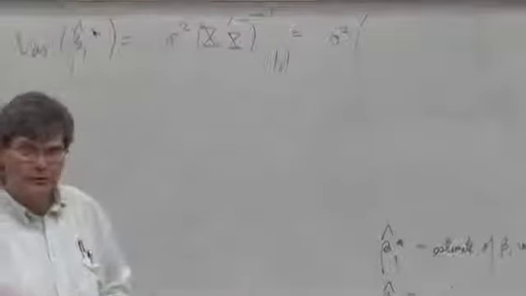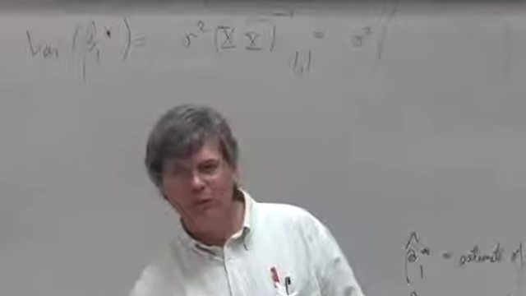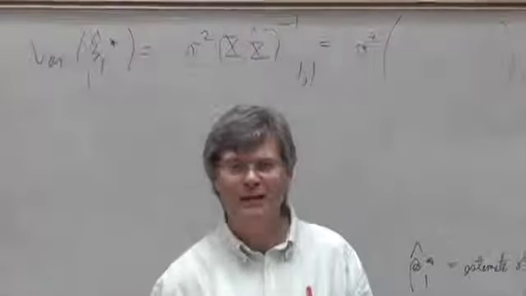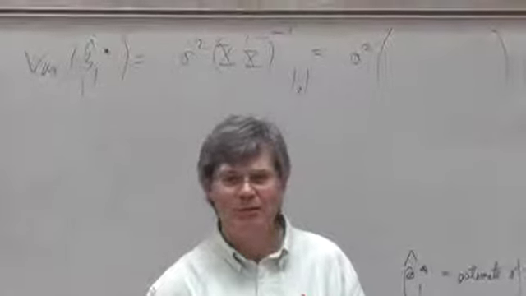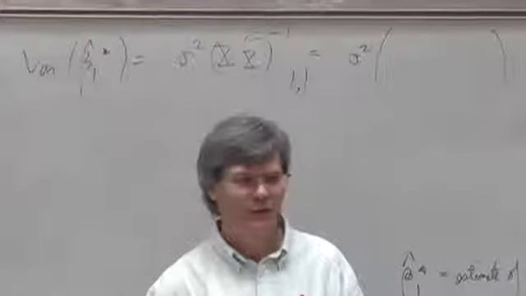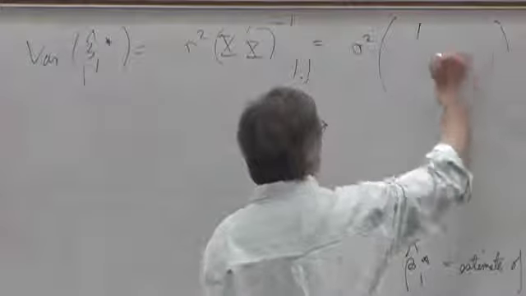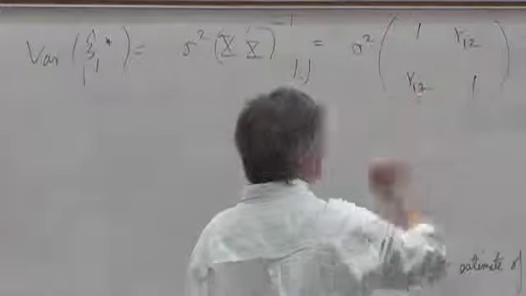What's the covariance matrix? I mean, what's the X prime X matrix when the variables have unit length scaling? I think we called it W prime W before. Some of you did it on your test to get the variance inflation factors. It's the correlation matrix. The correlation matrix is 1, 1, R1,2, R1,2, where R1,2 is the correlation between